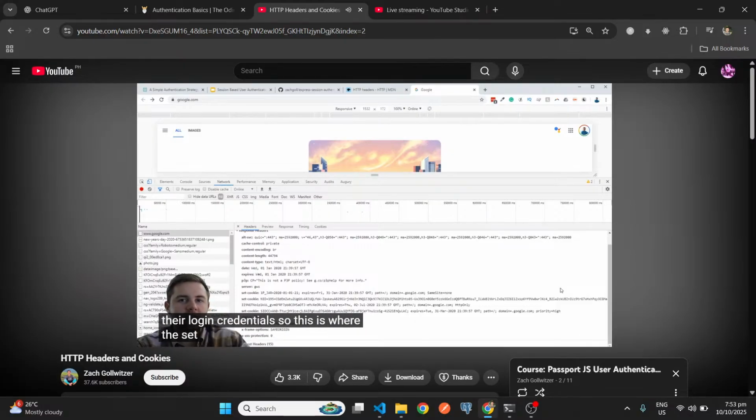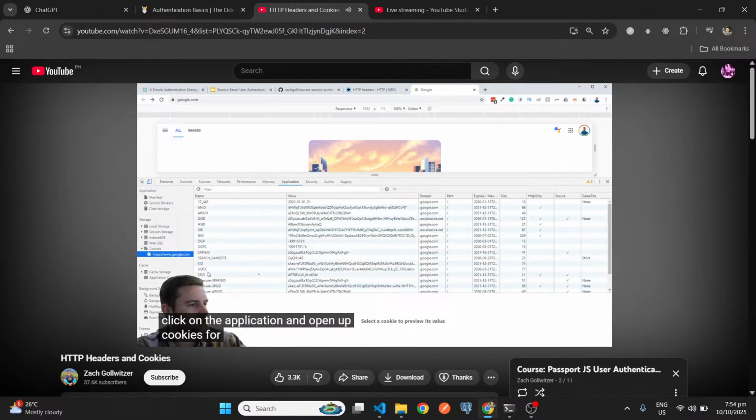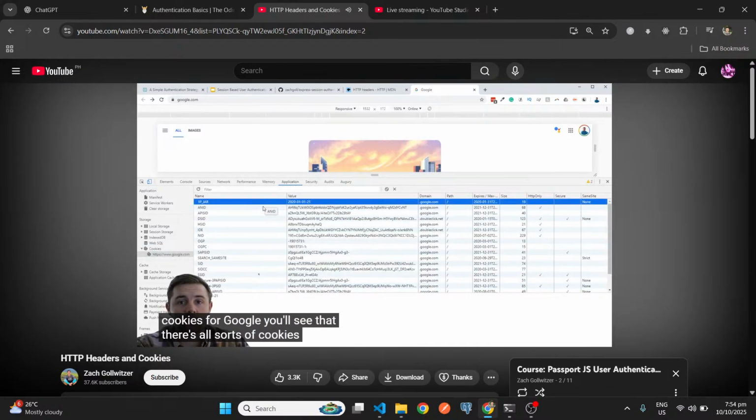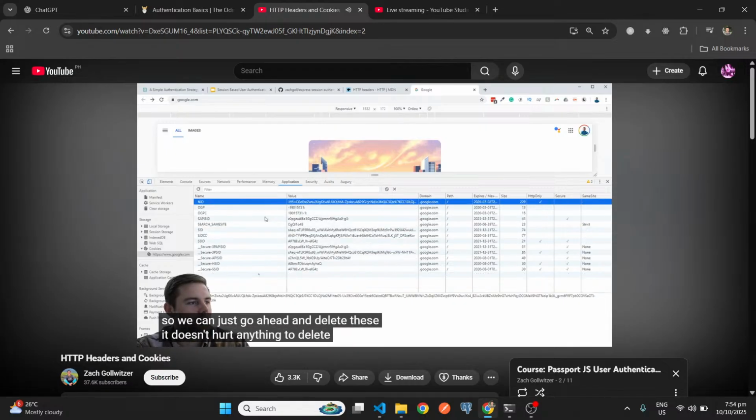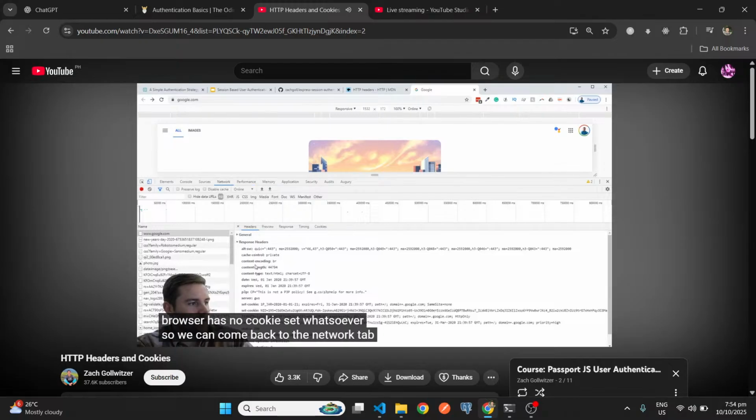So this is where the set cookie and cookie headers come in. So let's do a little experiment here, and I know this is not a perfect example, but I think it will do for what we're trying to accomplish here. So let's click on the application and open up cookies for Google. You'll see that there's all sorts of cookies. Google knows everything about everyone, so we can just go ahead and delete these. It doesn't hurt anything to delete all of these cookies. So at the moment, our browser has no cookies set whatsoever. So we can come back to the network tab and